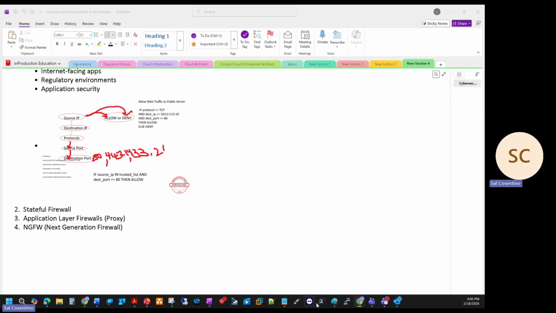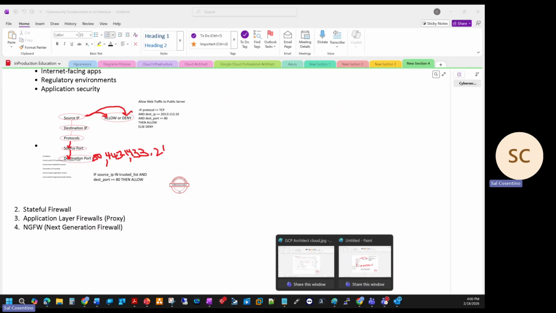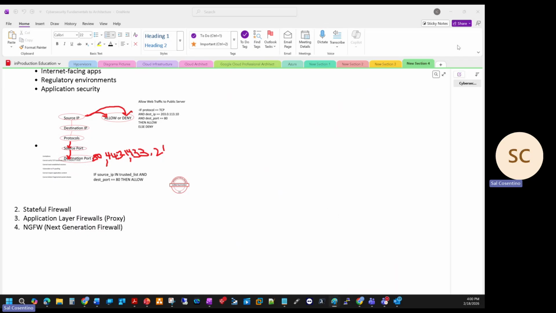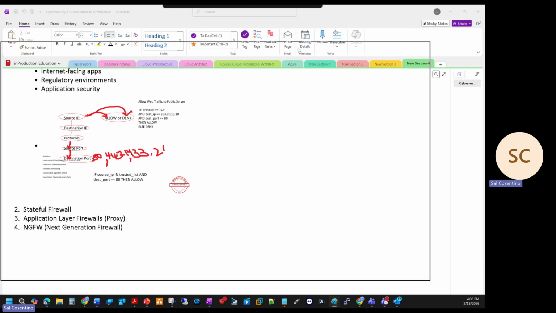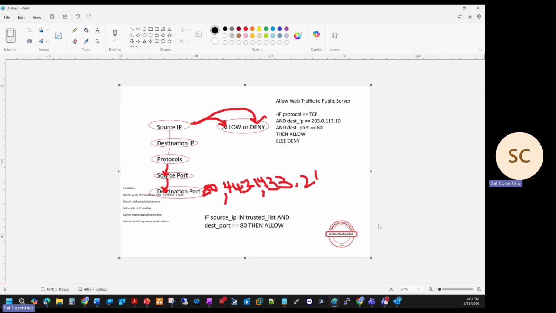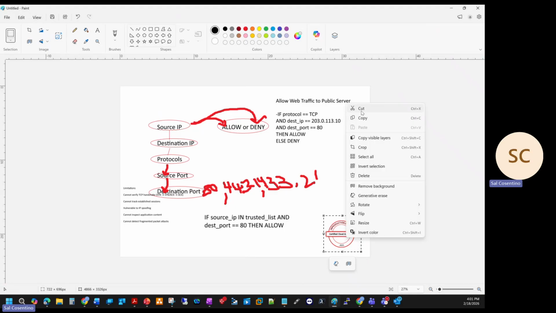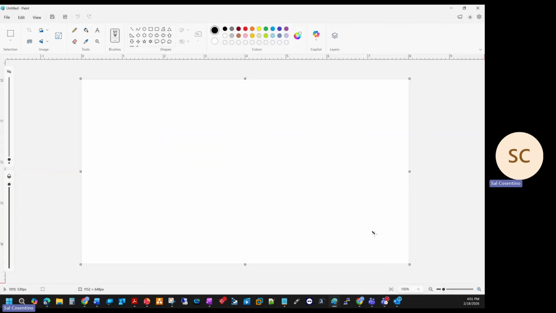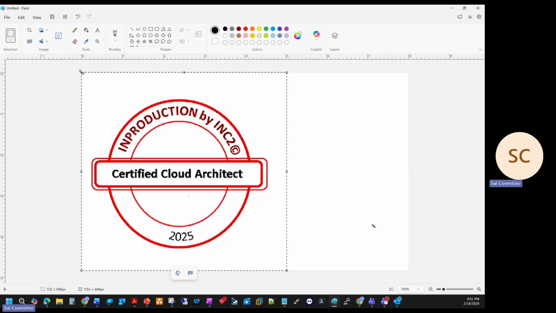In my first, let me grab my drawing here. And the first one we're going to talk about, and I want to get my stamp here. Just want to get my stamp. Let's get my stamp here. Okay. So,